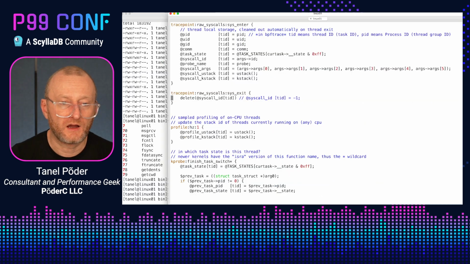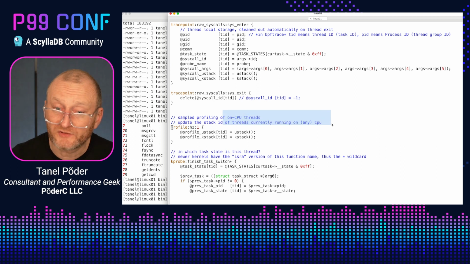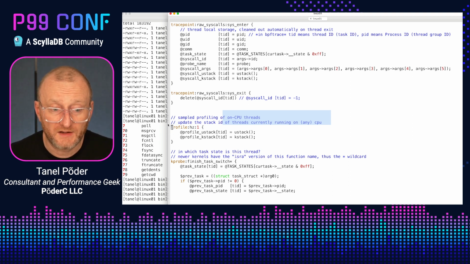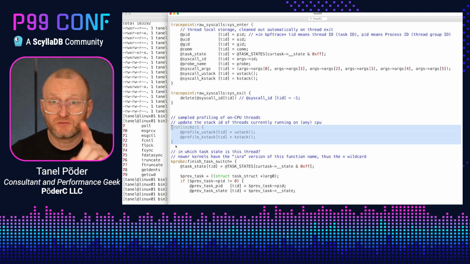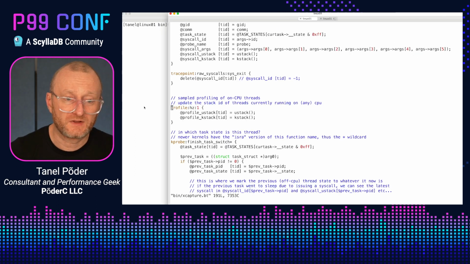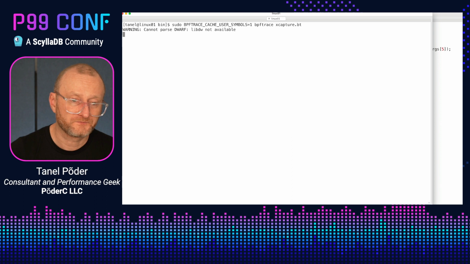So now we can measure that we are in system calls. We can also now add this profile. Let's say that once per second, we sample every thread which happens to be on CPU, right? I may have 10,000 threads in the server, but if I only have 64 CPUs, then every time I sample this, I get up to a maximum of 64 entries, right? And when I run this tool again,